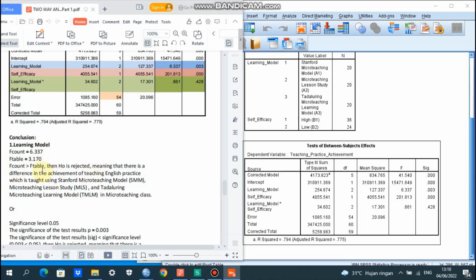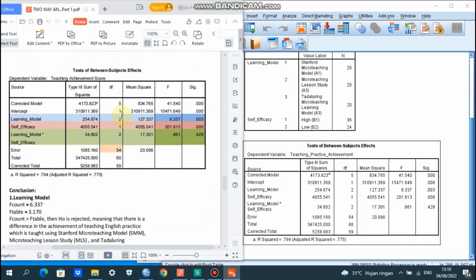We have the conclusion here. Learning model F count 6.337. And then what is the F table for this F count? We can have it here as our guidance: DF2, for the error of 54 here.